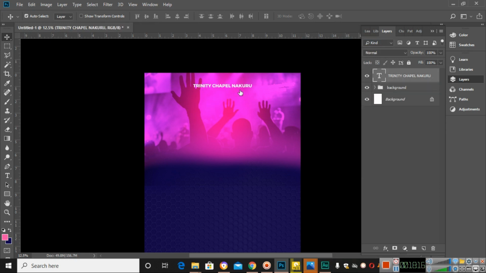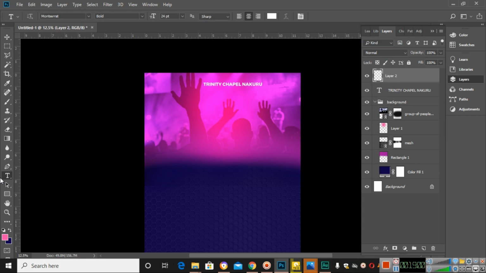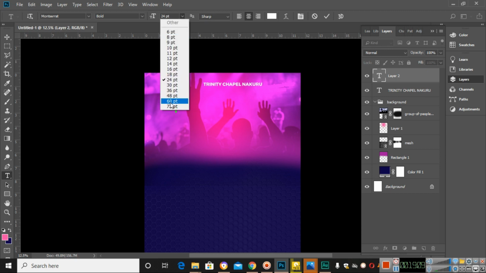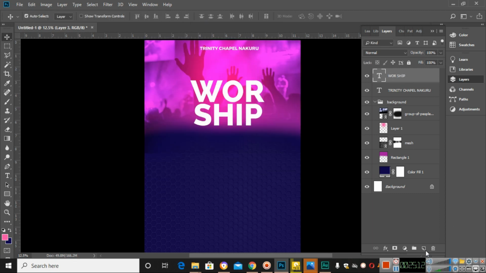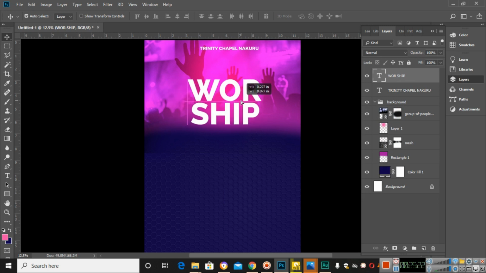And so we are going to take the text tool as always, because that is what we use to write the text, guys. And then increase the size, because we want this text to be a bit bigger. Write the word worship. And I've decided to use this style whereby I've split worship into 2, because I feel it will fill the place nicely. Yeah, so we want to duplicate that layer into 2, and